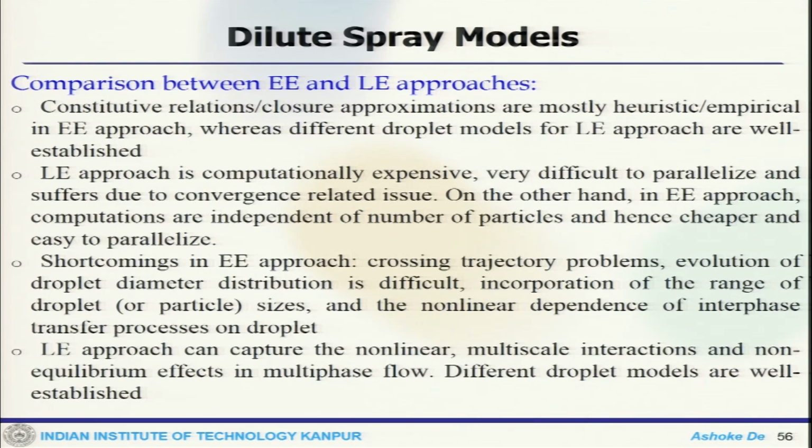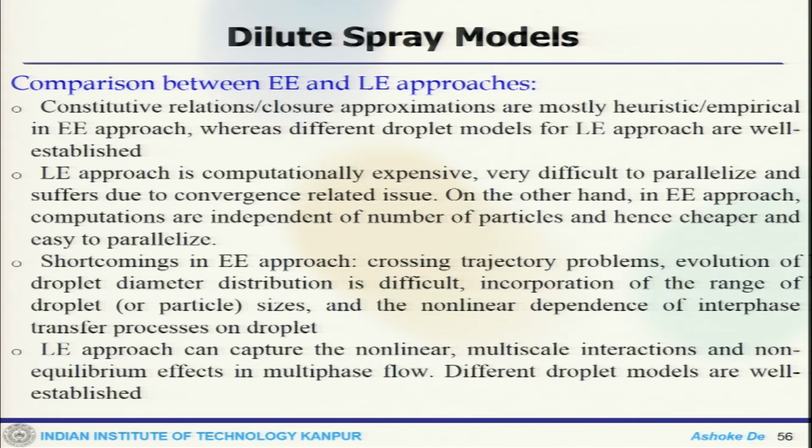But one can think about how it captures the nonlinear multiscale interaction and non-equilibrium effects in multiphase flow, accurately represents collisions in the presence of flow, and could be easily incorporated. The Lagrangian Eulerian approach also minimizes the numerical diffusion in the dispersed phase,